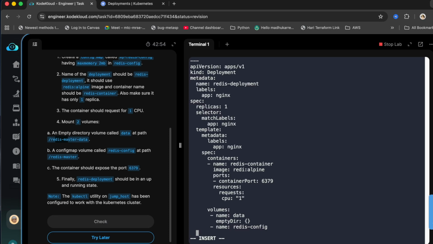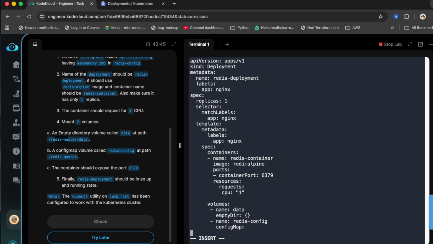So it should use configMap. You can type configMap, and then give the reference to that config map name. It's my-redis-config. So we created volumes. Now just mount them. You can type volumeMounts, and then one of the volumes is